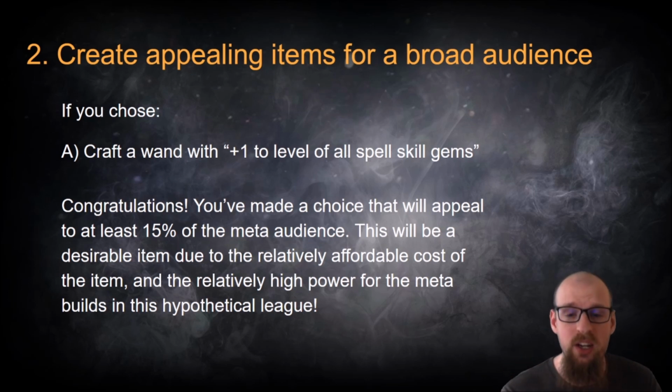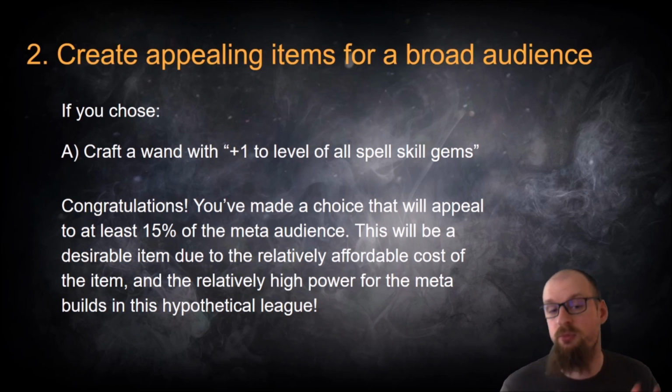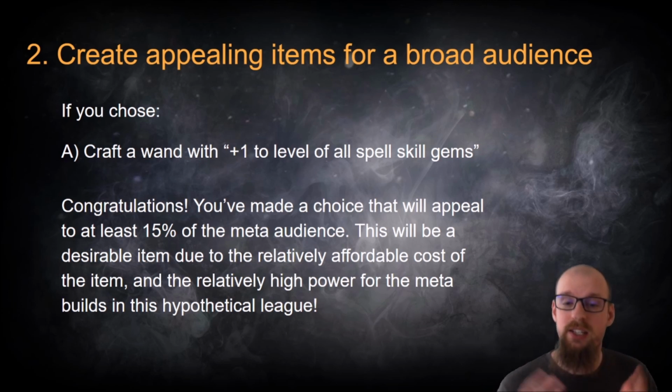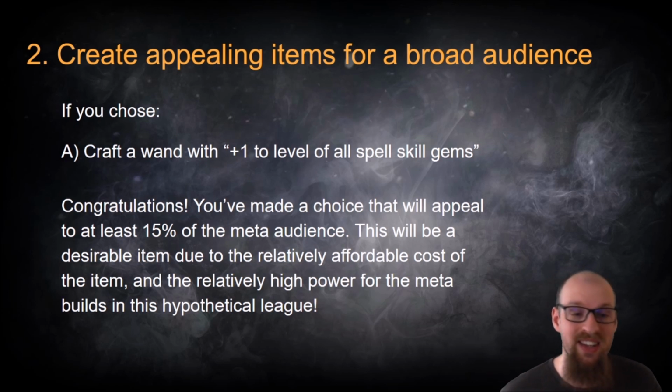This is great news. This means that you've selected something that users in this meta who are set up with either wand plus shield or dual wielding wands may want to craft. If you can continually repeat this craft over and over, you might find yourself actually pushing into an audience that is dual wielding, where you can craft 2 of these wands and sell them 2 at a time rather than 1 at a time, depending on how high of a demand there is in that league.